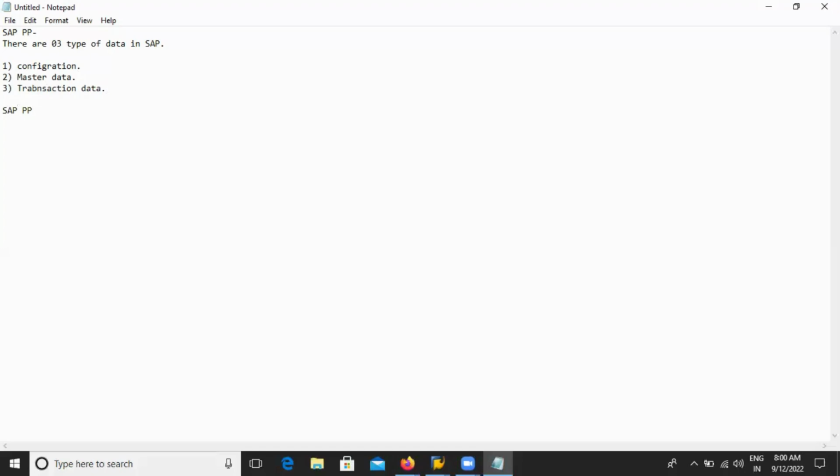Now SAP PP, as I told yesterday, will first cover the master data. We'll start with the master data. After that we'll go into flow and configuration all together. So master data first, we will cover the